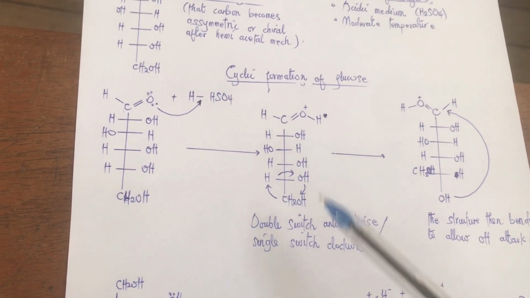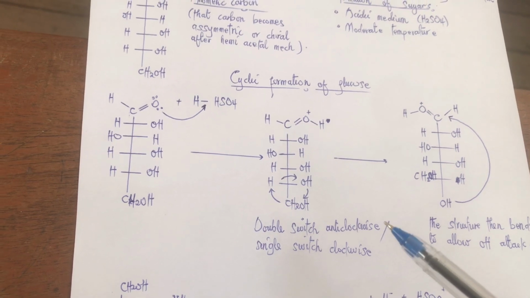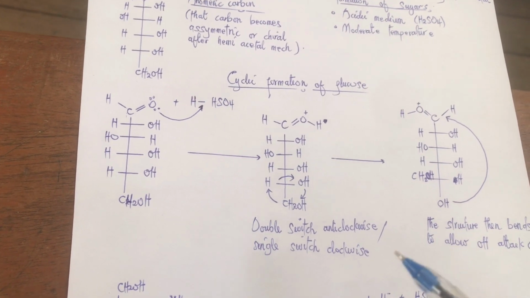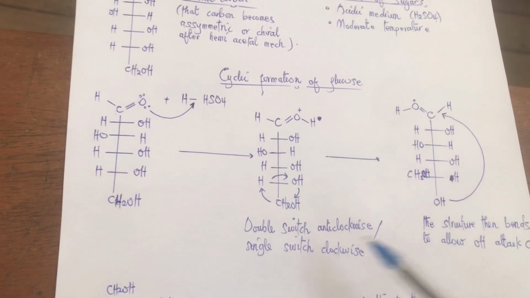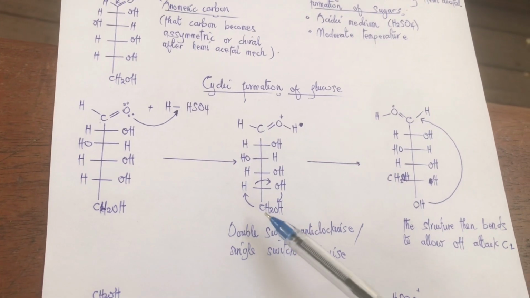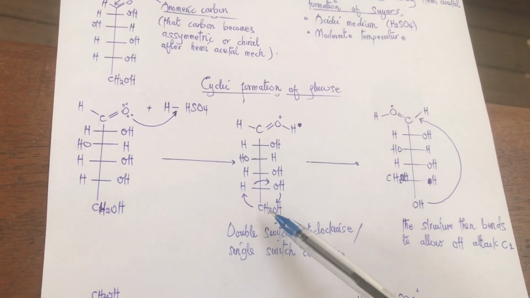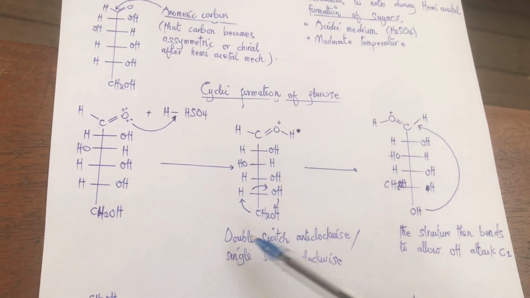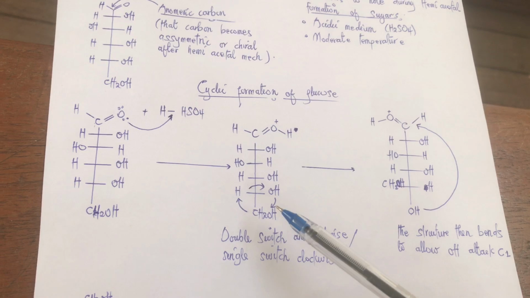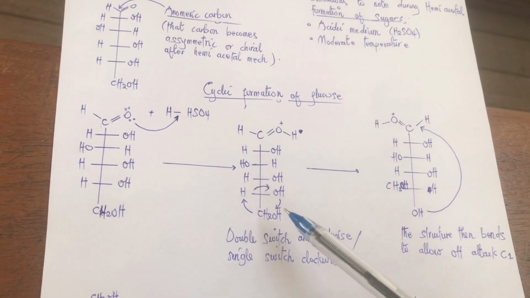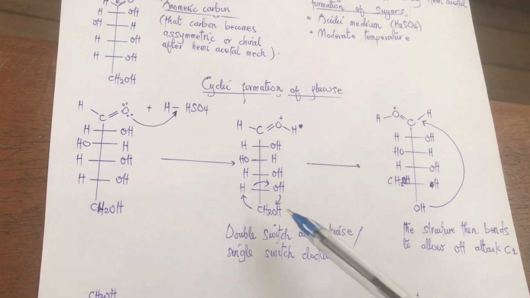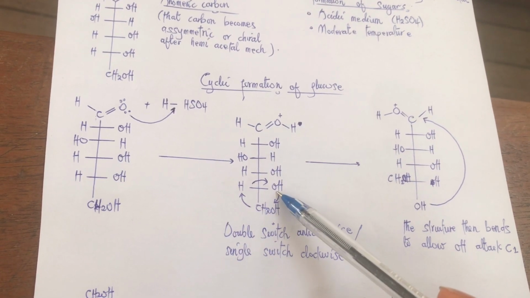This molecule must bend before the cyclic formation occurs, because you can't have something straight and later get it as a circle without bending. It has to bend. So here we expect that this CH2OH, we expect it to come here. So if you are moving anti-clockwise, then this means that this CH2OH will go to this side first